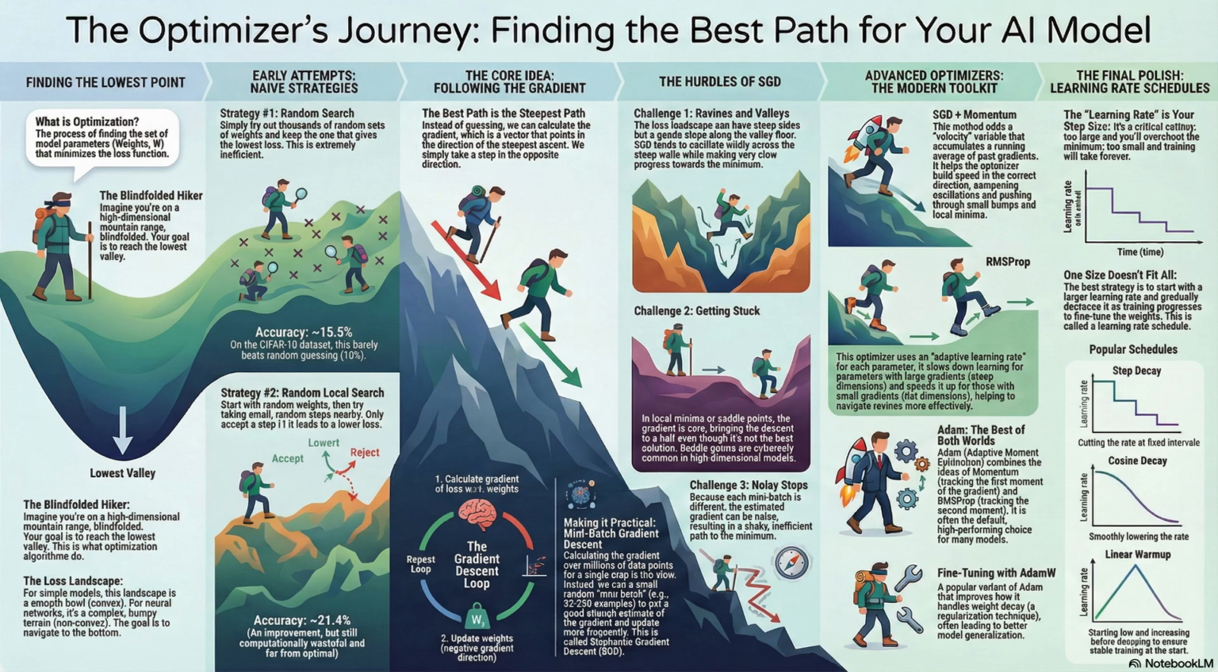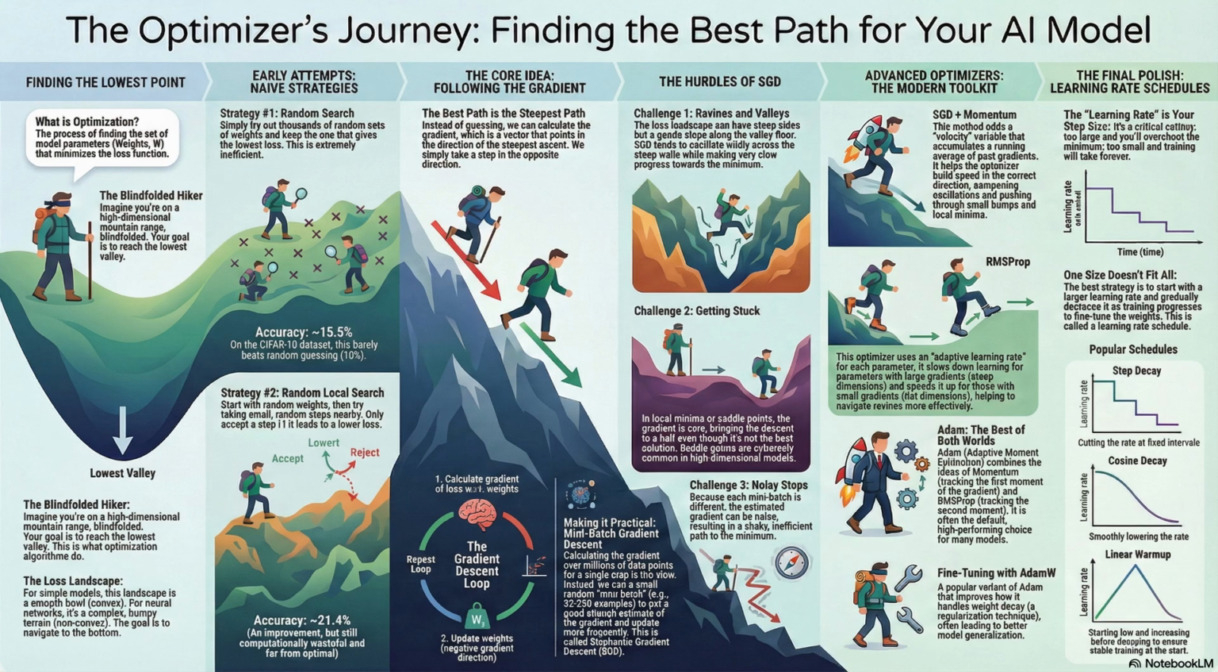Yeah. As you get closer to the bottom of the valley, you need to take smaller steps to settle in nicely. If you keep the same large step size, you'll just bounce around the minimum forever. So schedules like step decay or cosine decay let you slow down as you get close. And sometimes you even need to start slow before you speed up, this linear warm-up thing. Absolutely. Right at the beginning, when the weights are random, the gradients can be massive and unstable. A large learning rate can make the loss just explode. So you start the learning rate at 0 and slowly ramp it up over the first few thousand steps